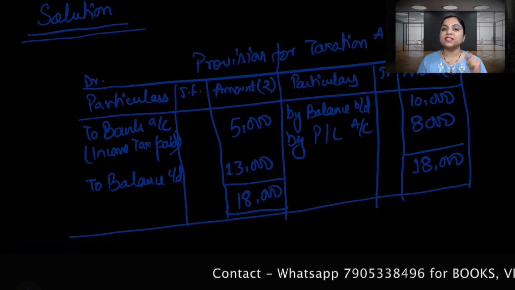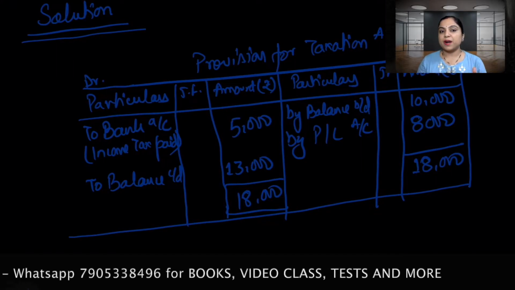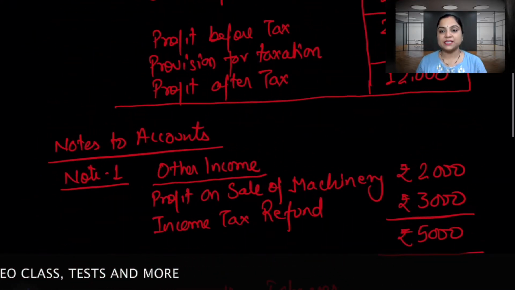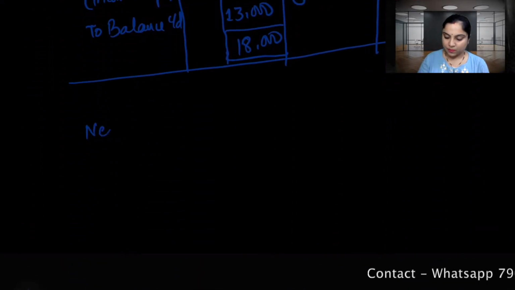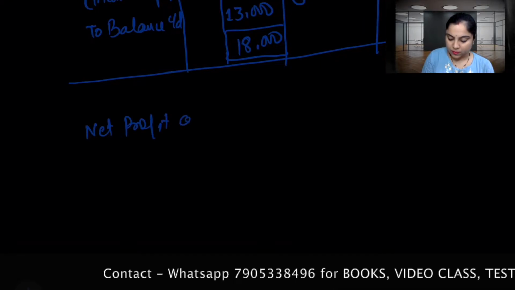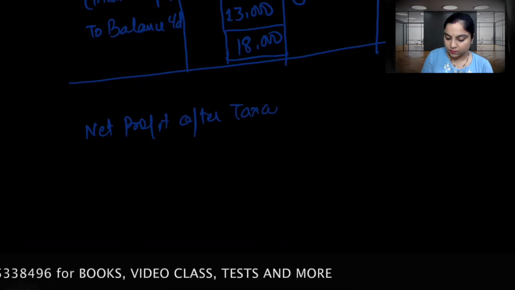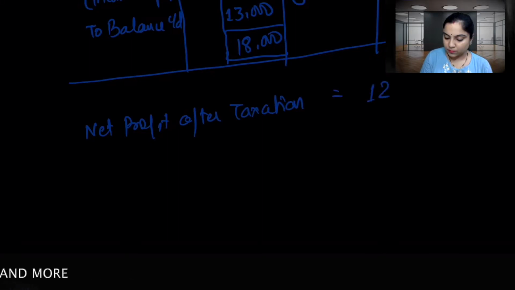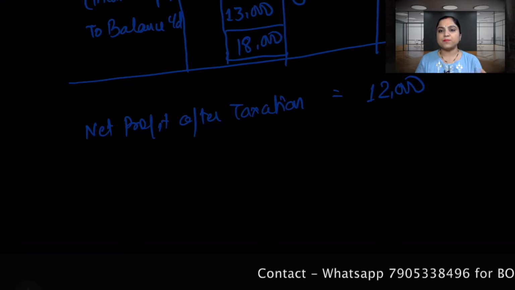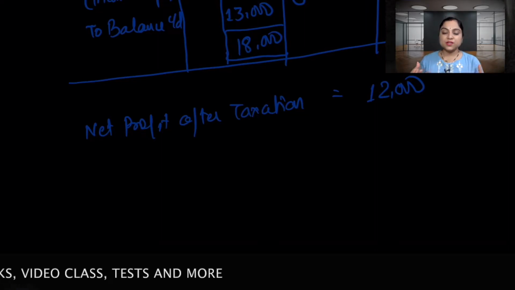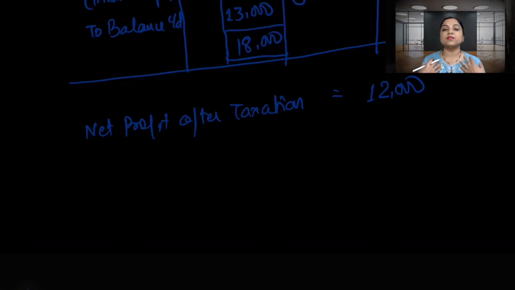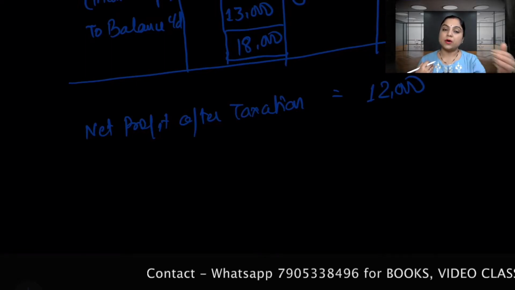Now what is left is the income tax refund which we have received from the department. So we have a net profit after tax. We have net profit after tax of 12,000, and provision has been made. Is that provision bringing any cash flows in or out? No. So we have to add back that provision, because it's a provision. That means you are keeping yourself secure, as this income tax liability might come up in the near future.